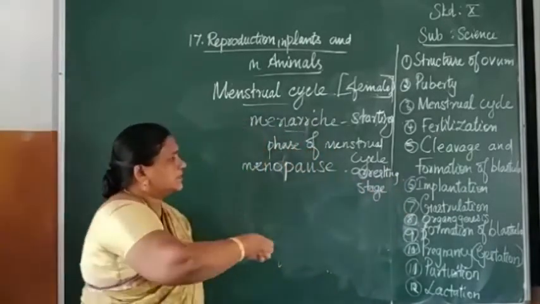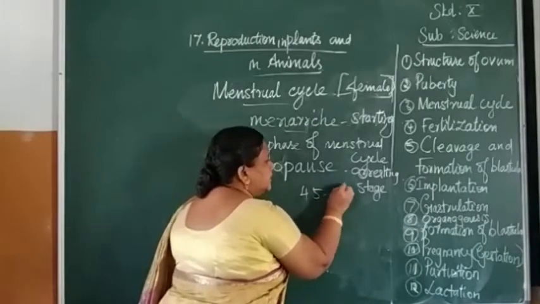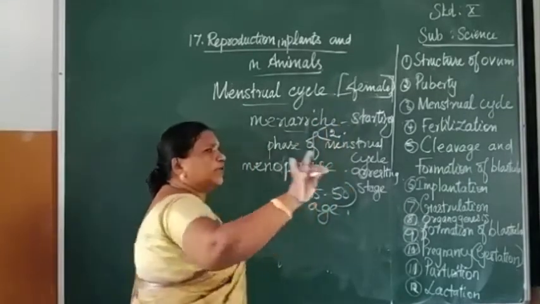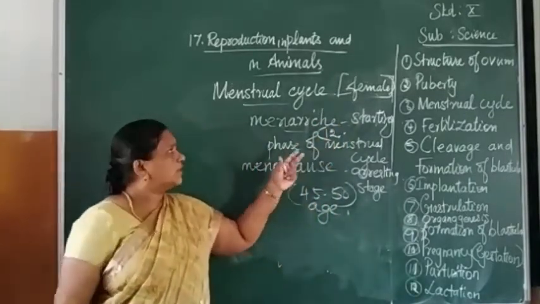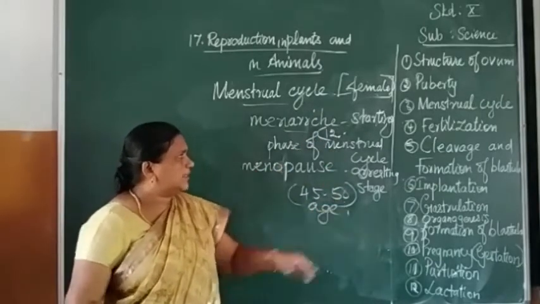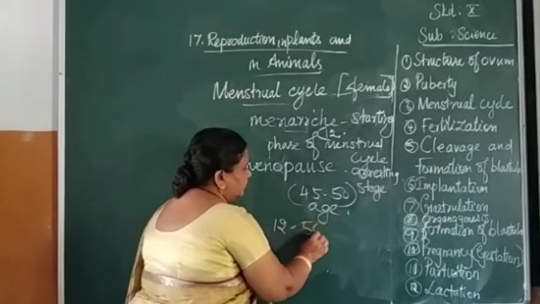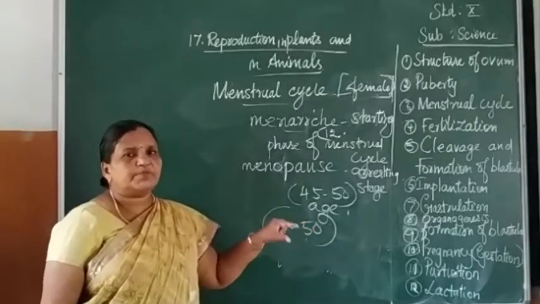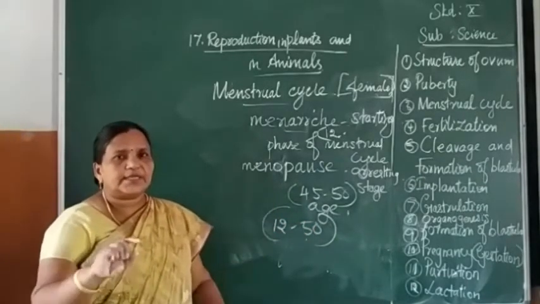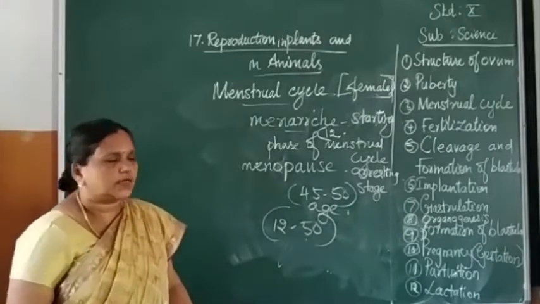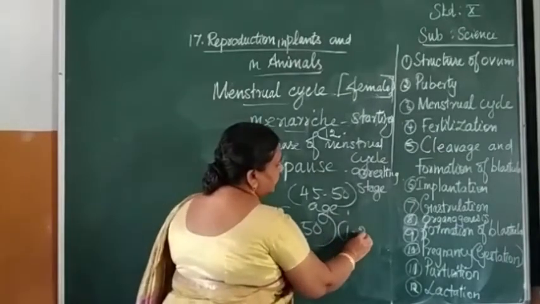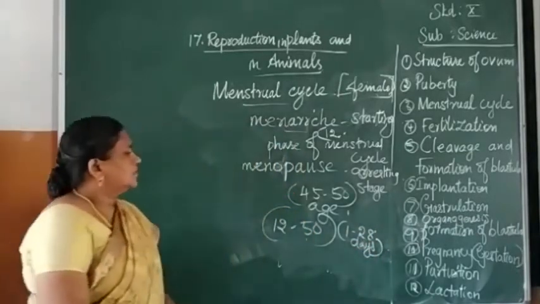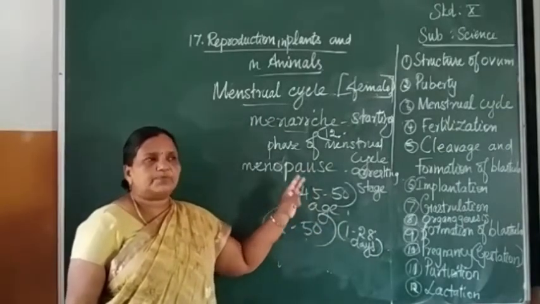So in between these years, up to 45 to 50 years of age. Here it is starting from 12 or 13, 14, like that. Nowadays, at the age of 10 also it is starting. From the 12th to 15th, several menstrual cycles will happen month-wise. The menstrual cycle time is 1 to 28 days. In 1 to 28 days, the menstrual cycle happens in females.